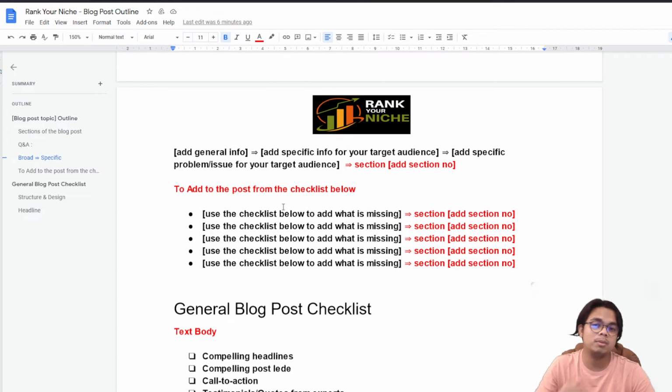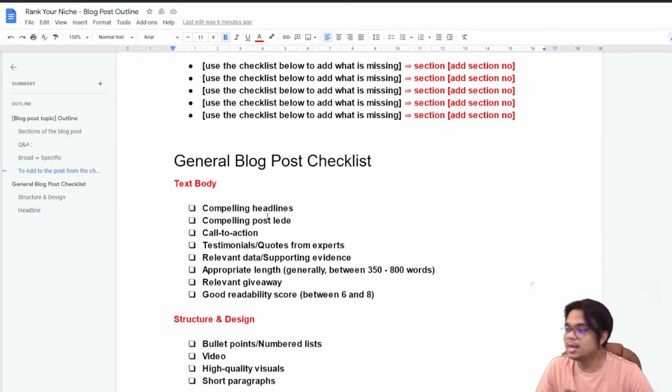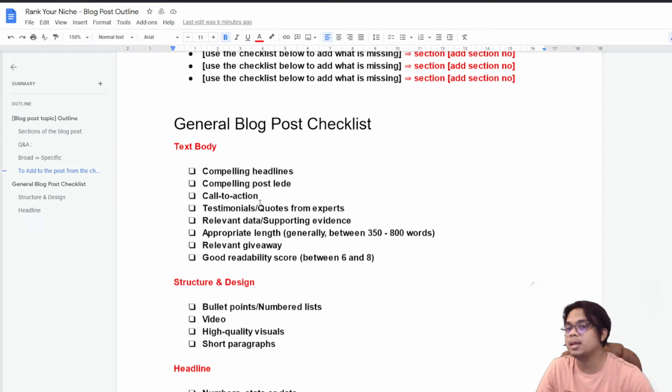You definitely need to include a checklist when you are writing a blog. Generally, blog post checklists are the following. You should have a compelling headline, of course, compelling summarization or summary or lead, call to action, of course. If you don't have this checklist on your blog, well, definitely you don't expect to rank your website on Google, since